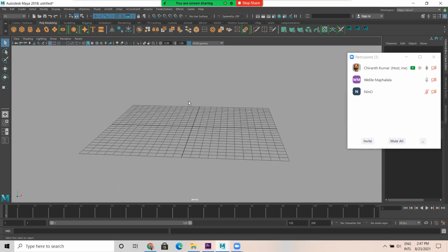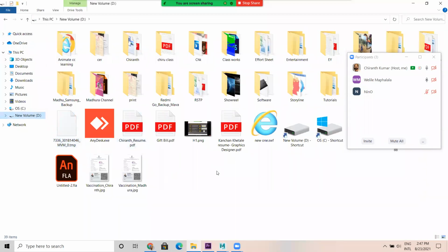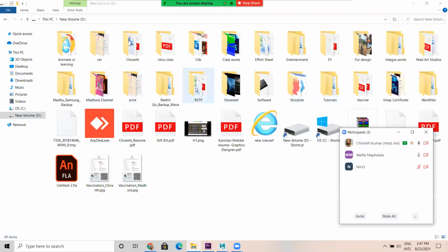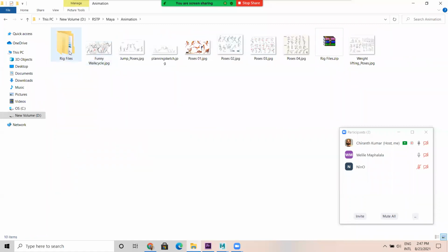For example, I have to create an instancer. Let me take a simple 3D model which we have done with animation, let's say Maya animation.